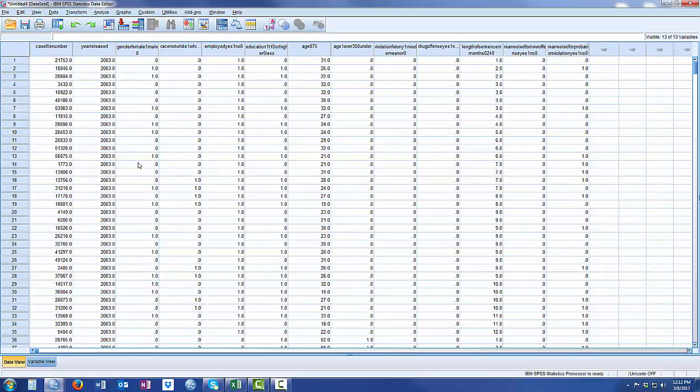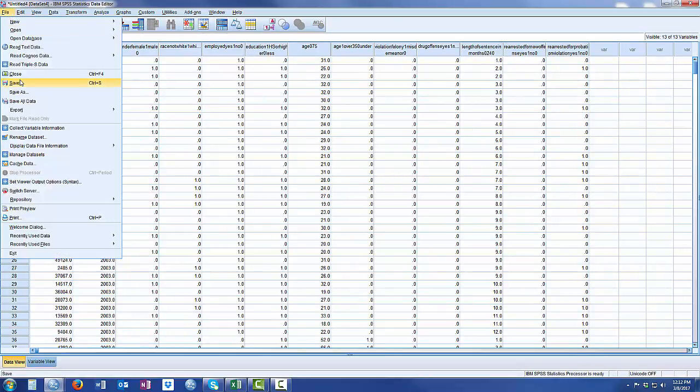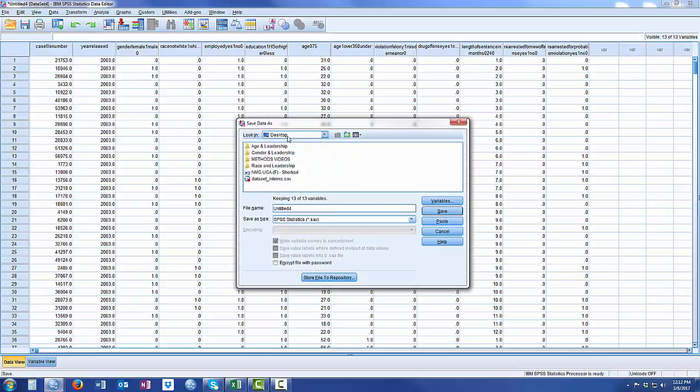It's time to save the data set now. I'll go to File, Save. I want to navigate to some place that's easy to find, My Desktop. I'll label this as